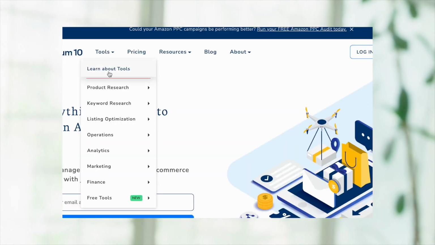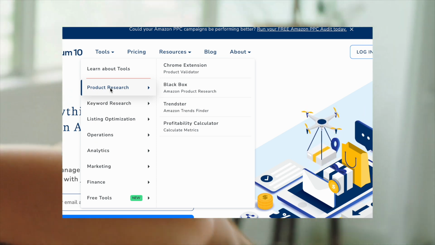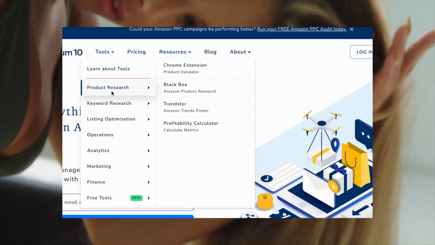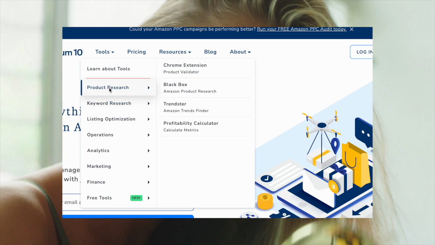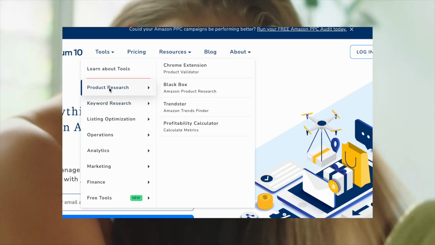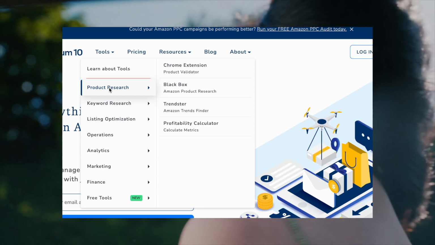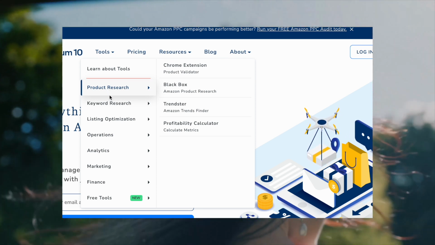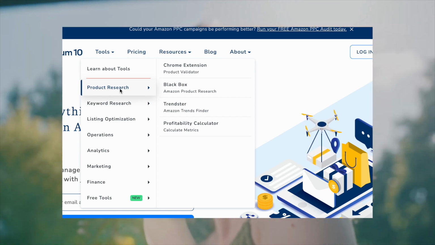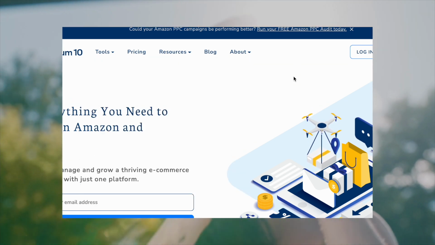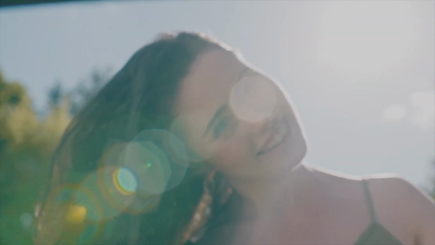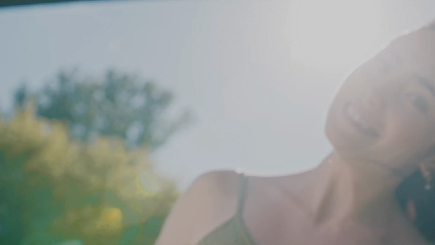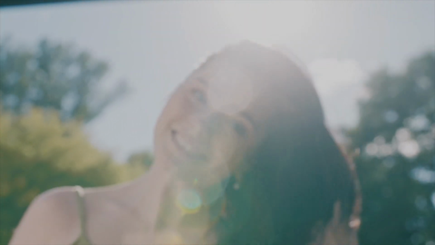Okay, so here is the Helium-10 homepage. If you look right here and hover over Tools, you'll see a drop-down menu that lists all of the different tools, including the ones I'm going to show you right now. On X-Ray, I might show you Black Box, Cerebro, and probably just do them as the primary ones, but let's get to the main ones first, the ones that you definitely need to start doing product research on Amazon. These are the ones you must find in order to launch and sell things on Amazon.